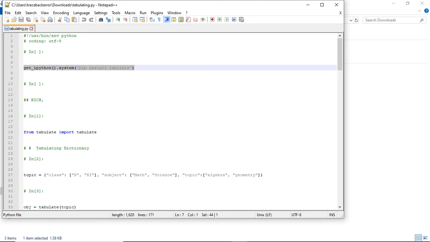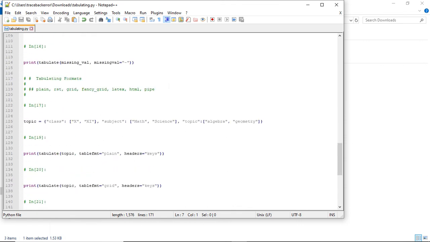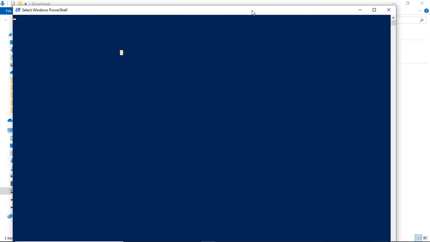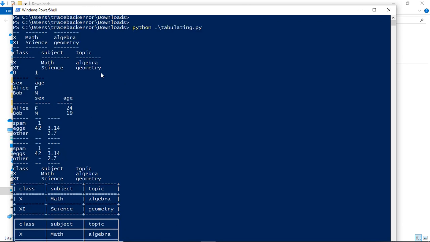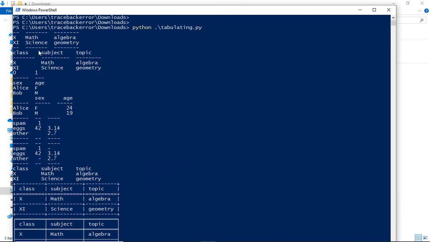We don't need to execute the pip install tabulate line, everything looks good. So you can see now we have all the examples displayed here.